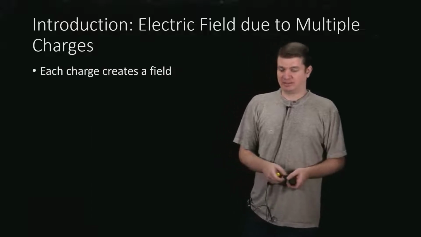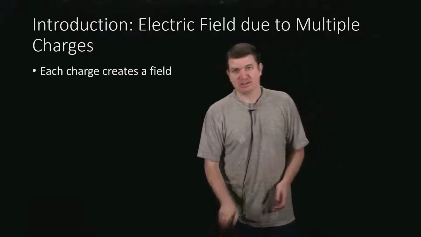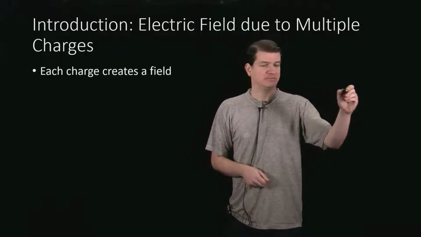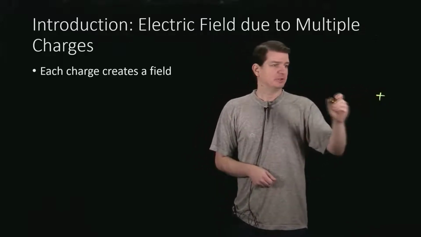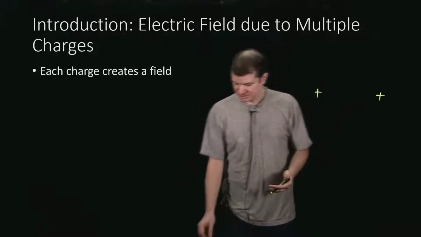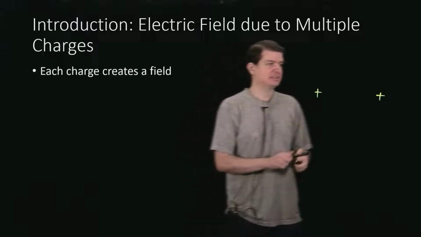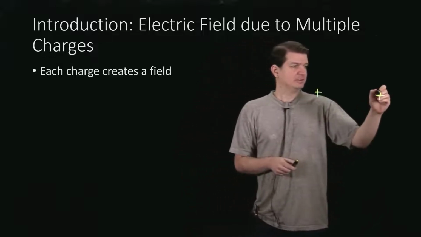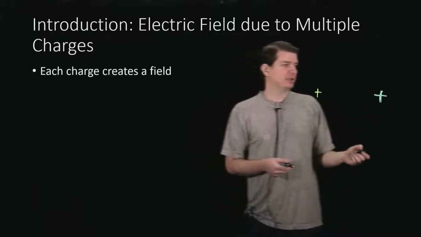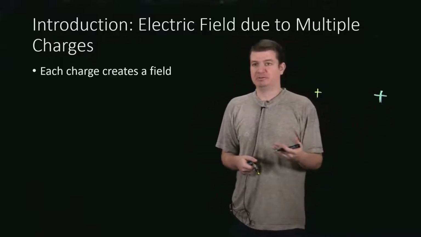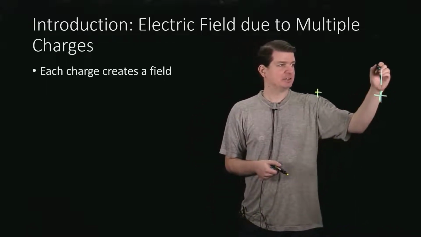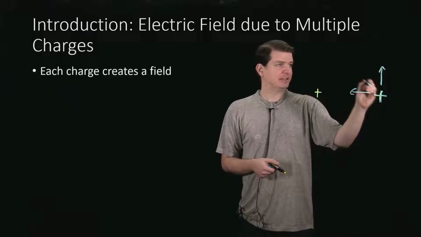So let's think about it a little bit. If we had multiple charges, we can draw a couple. We can put maybe a positive charge, say, over here, and we can put another one over here. We know that each of these charges is going to create a field, so I might use some different colors. Let's make that one a blue one. So each charge is going to create a field. Remember, the field points in the direction that a positive charge would move, so it's going to move away from this one. So this charge wants to do something like this